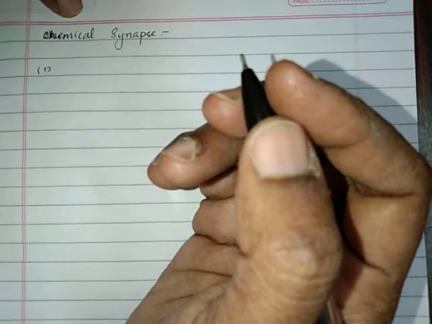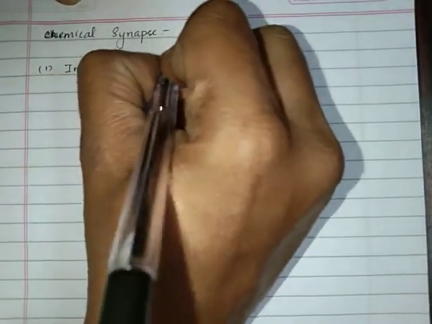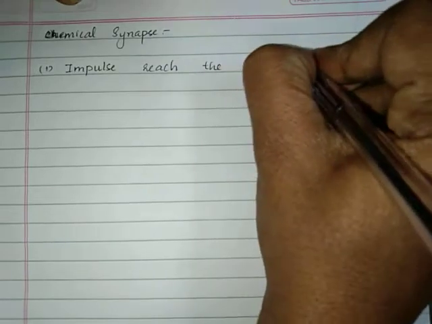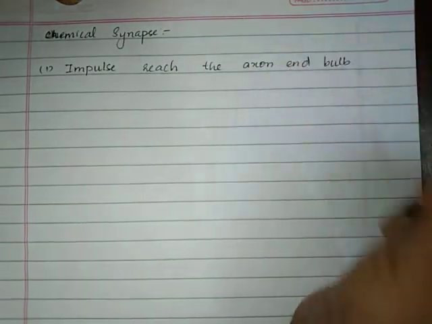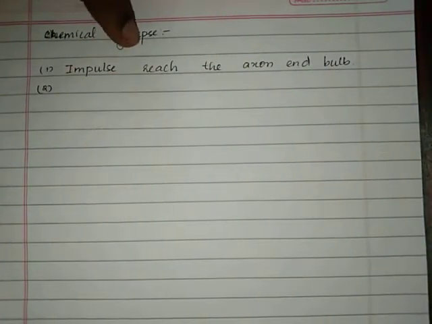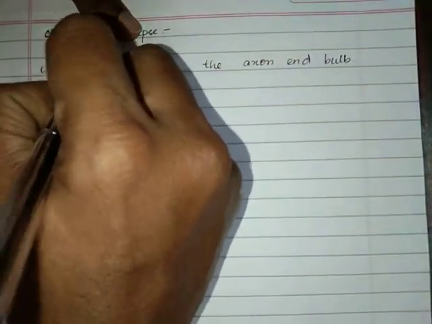So how does a chemical synapse happen? First, the impulse is going to reach the axon end bulb. So this is the first step. The chemical synapse starts when the impulse reaches the end bulb of the synapse. So the impulse comes in with a